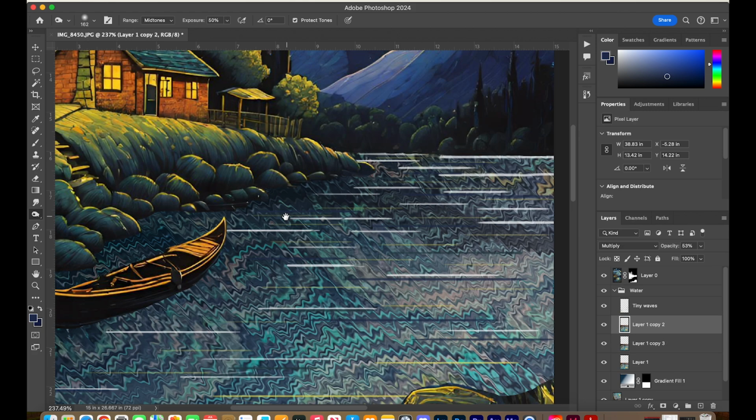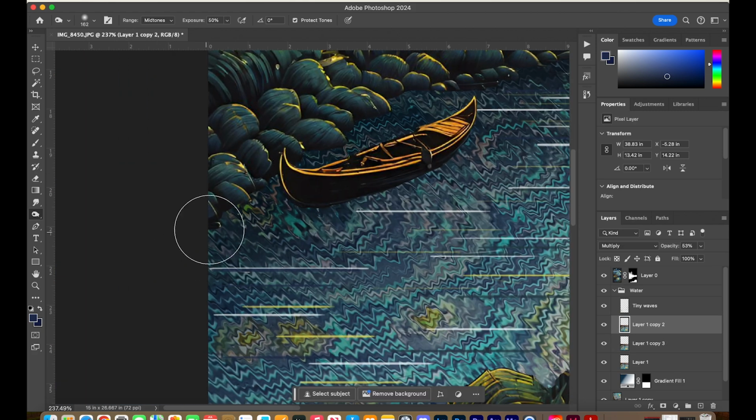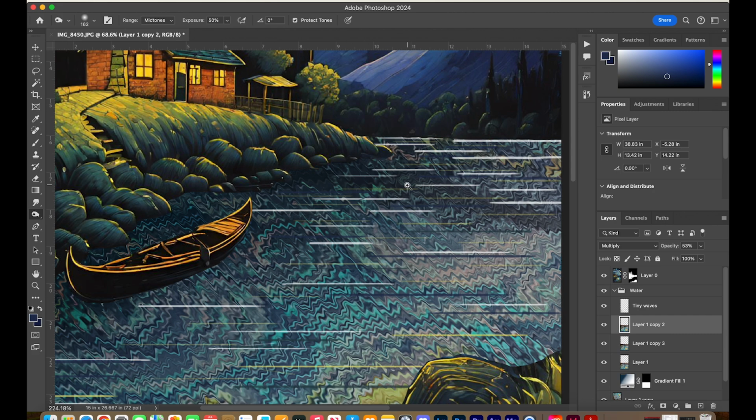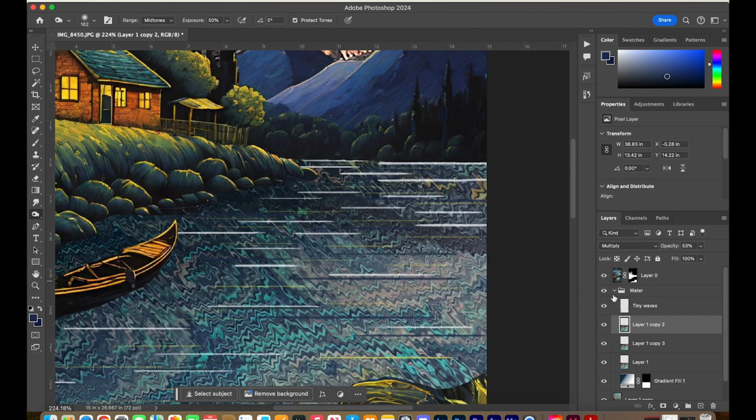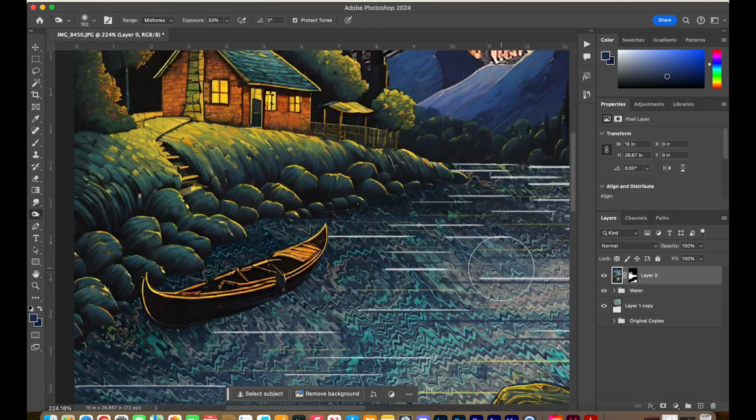Bright lights and colors, shapes come alive, ideas in motion. Photoshop like